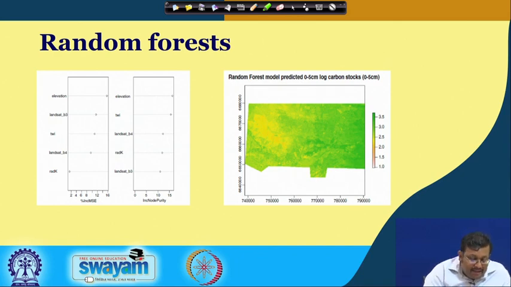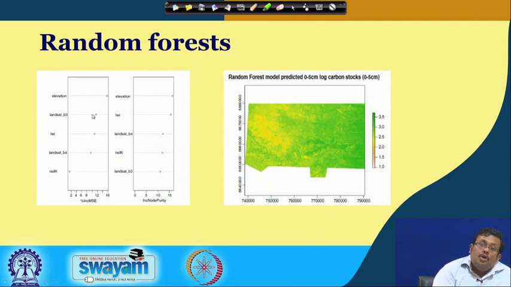Another beauty of random forest is that, based on certain criteria, you can get a ranking of the important variables. For example, in this random forest example, we used elevation, Landsat B3 band, TWI, that is topographic wetness index, Landsat B4 band, and radiometric potassium.